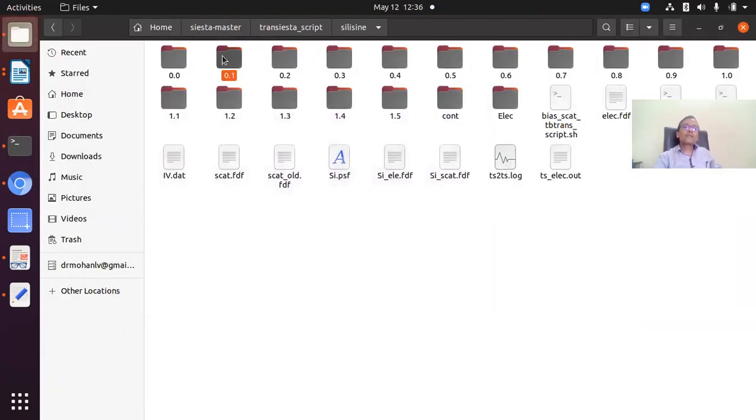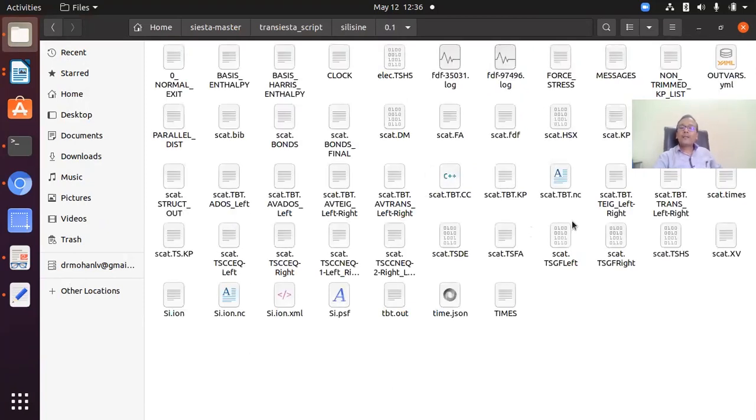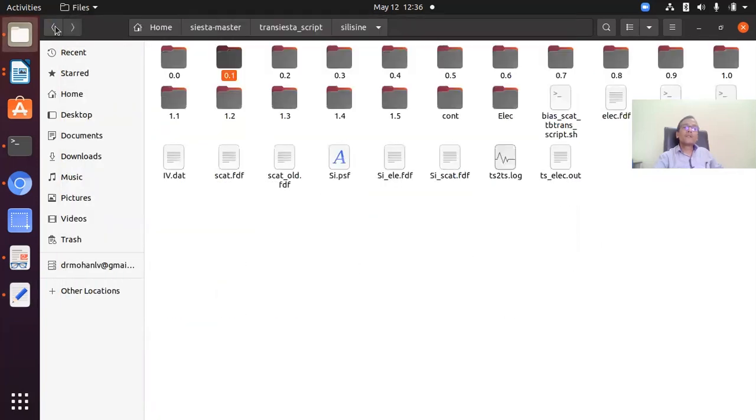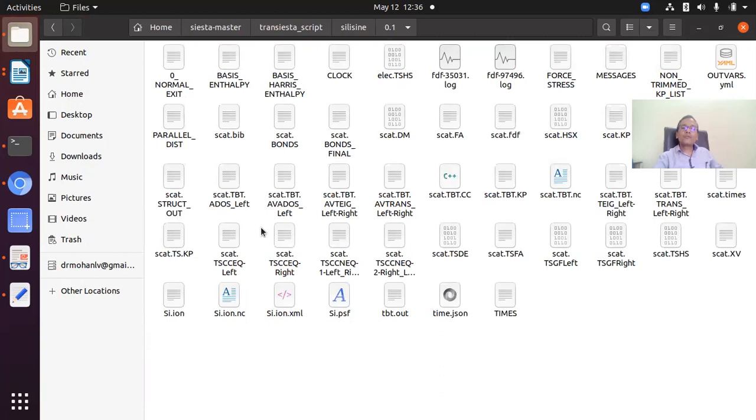So in this output file, different files are there, and one can plot this AV trans. So this is the transmission with energy. So you can plot this transmission also for any specific potential, so different potentials here.